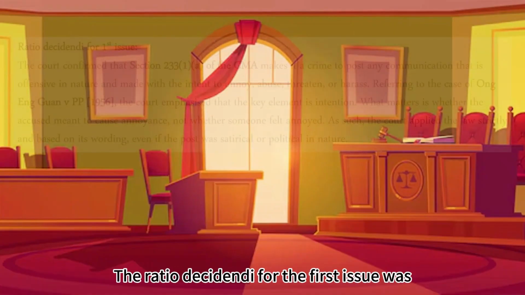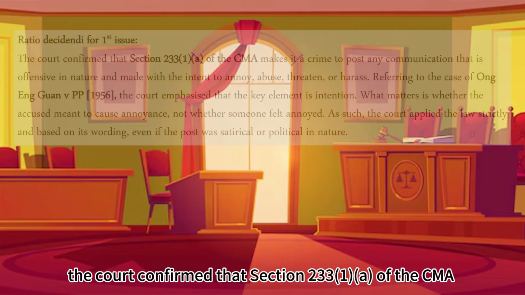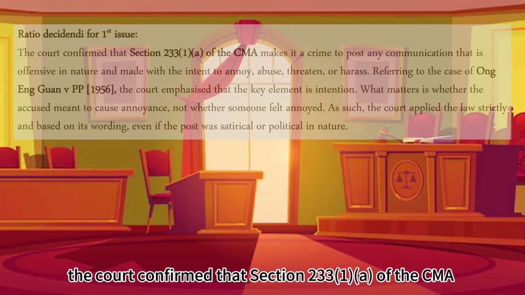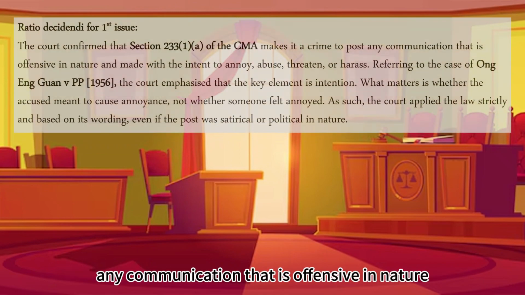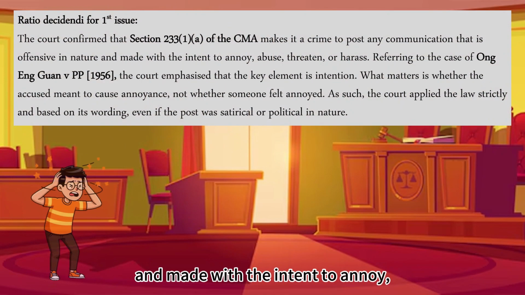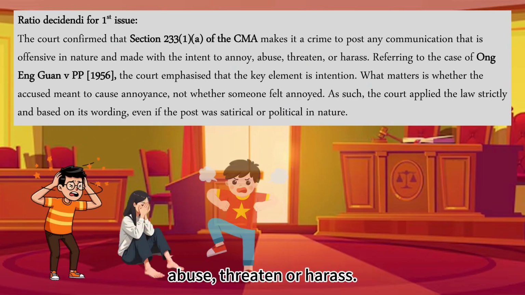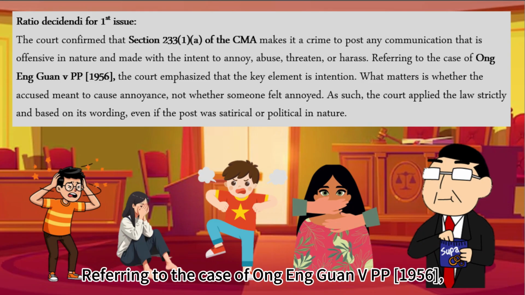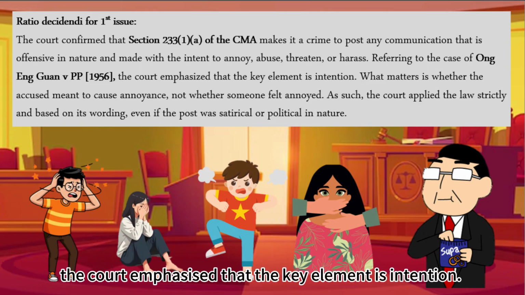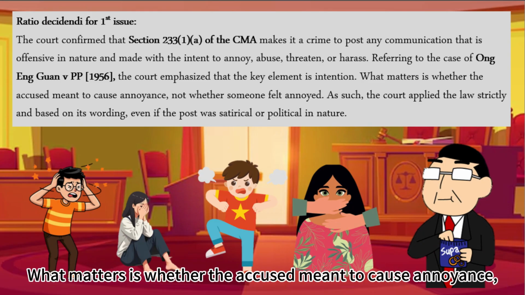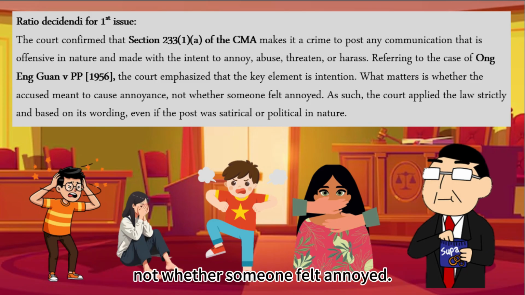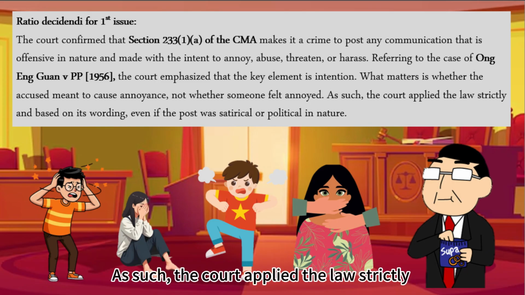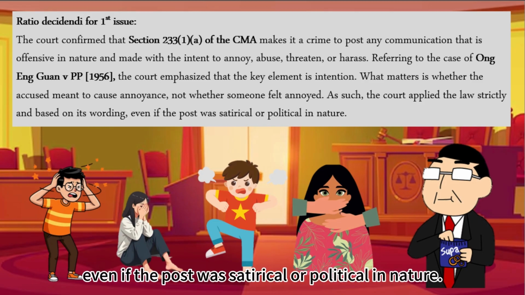The ratio decidendi for the first issue was the court confirmed that Section 233(1)(a) of the CMA makes it a crime to post any communication that is offensive in nature and made with the intent to annoy, abuse, threaten, or harass. Referring to the case of Ong Eng Guan v. PP 1956, the court emphasized that the key element is intention. What matters is whether the accused meant to cause annoyance, not whether someone felt annoyed. As such, the court applied the law strictly and based on its wording, even if the post was satirical or